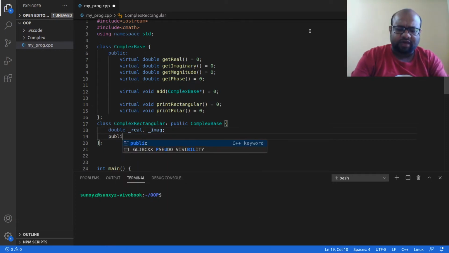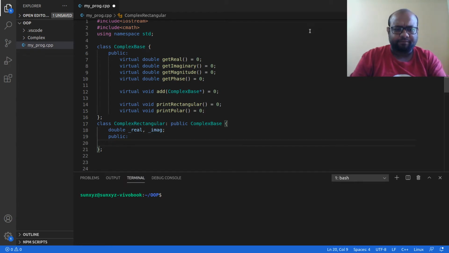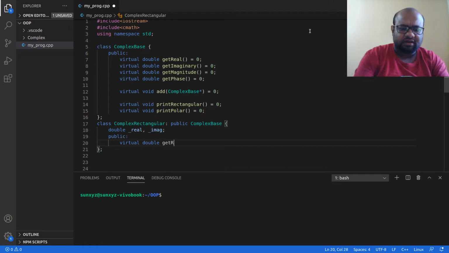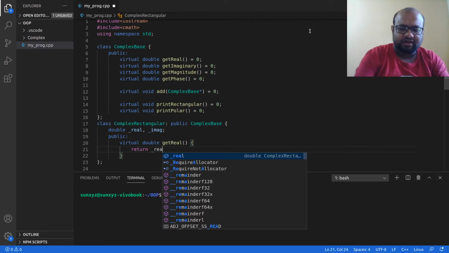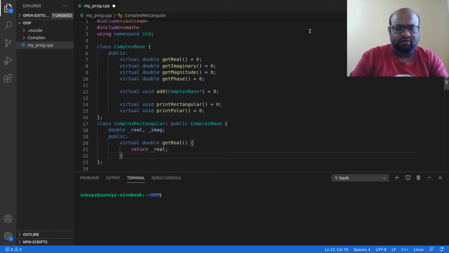Next I am going to have some public methods. All these methods that I have in my abstract class, I am going to go ahead and implement them. So I have virtual double get real, and this will return the real part of the complex number.